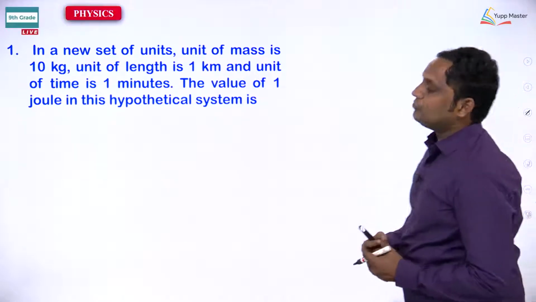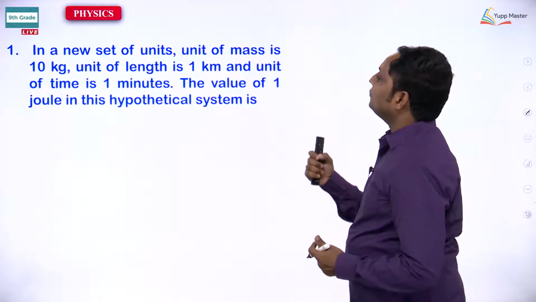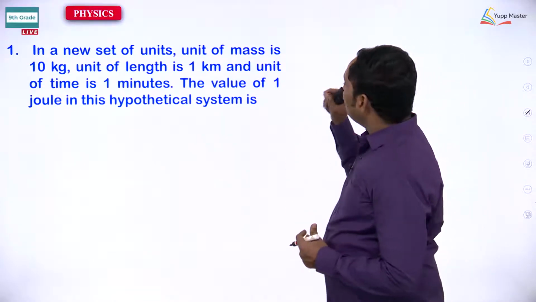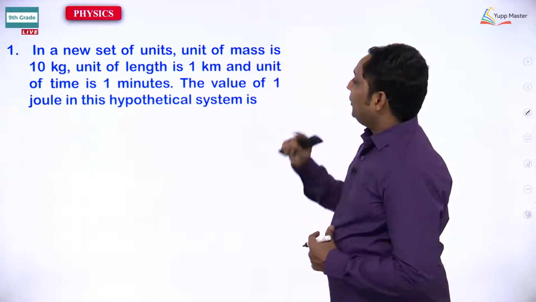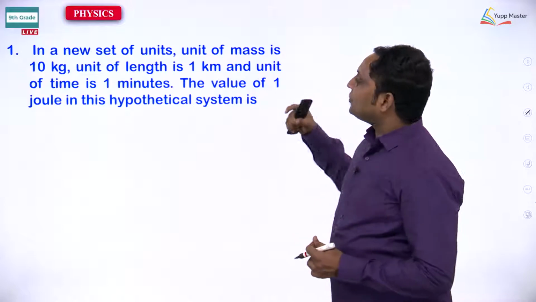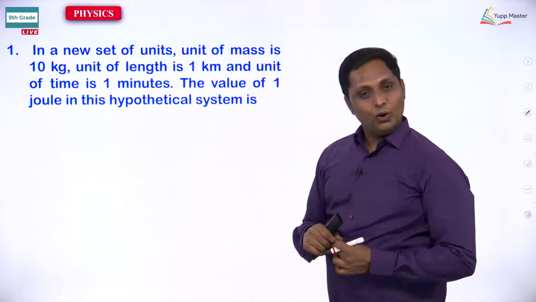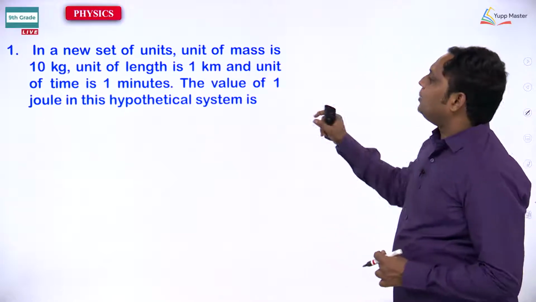Yeah, we would like to accept that problem. In a new set of units, the unit of mass is 10 kg, the unit of length is 1 kilometer, and the unit of time is 1 minute. It is given. Now, the value of 1 joule